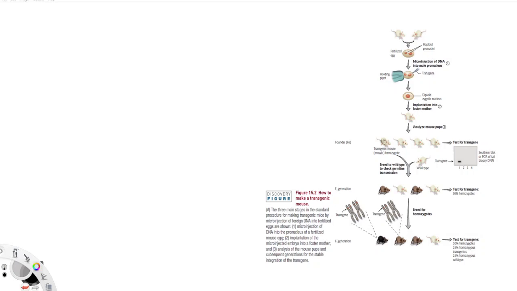Hi everyone, in this tutorial we are going to discuss all about transgenic mice and how to make a transgenic mouse, and what the process is behind it, at least at a molecular biology level. So in front of me you have this diagram that we are going to dissect step by step and just see where it goes. But the rationale or the idea behind the transgenic mice is that